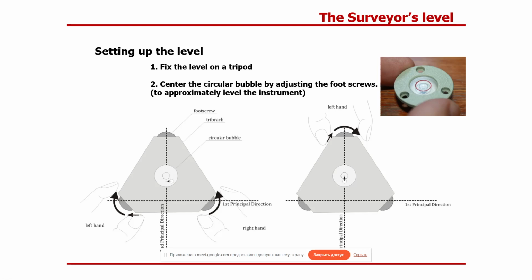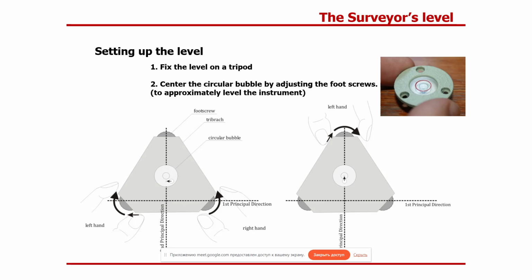We use the circular bubble, adjusting the foot screws to approximately level the instrument. Here you can see the explanation: circular bubble, Treibach, foot screws below the Treibach, and then we put our level instrument onto the Treibach,